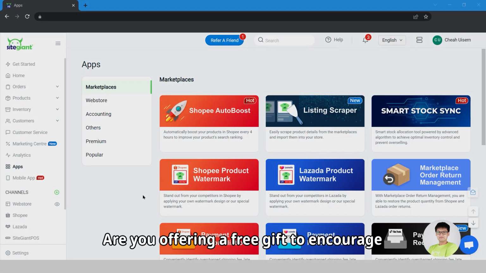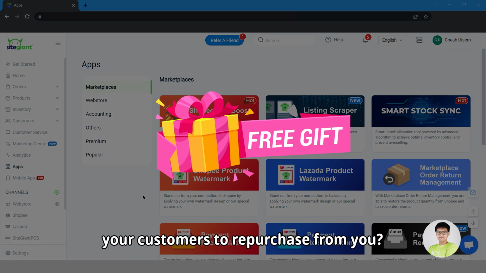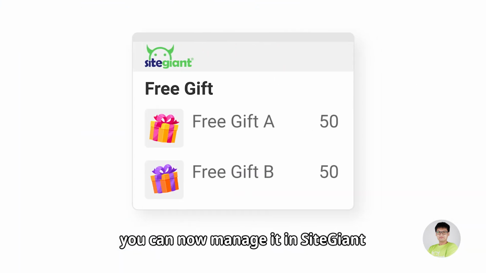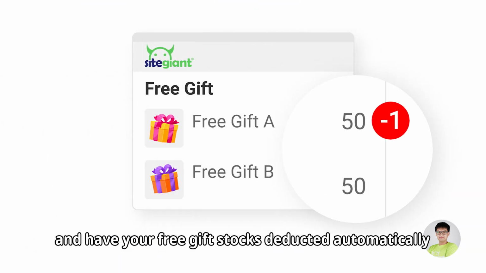Hi sellers, are you offering a free gift to encourage your customers to repurchase from you? With Marketplace Free Gift app, you can now manage it in SiteGiant and have your free gift stocks deducted automatically